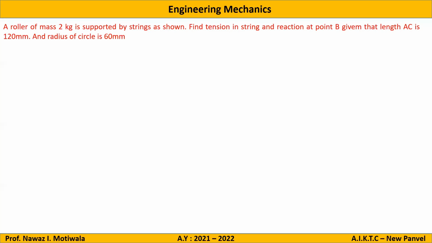A roller of mass 2 kgs is supported by strings as shown. As shown मतलब कहाँ है रे भाई, मेरे को बनाना पड़ेगा। Okay, so I will make it. सर क्वेश्चन में डायग्राम आएंगे ना? यस यस, ये देखो ना यहाँ लिखा है एज शोन, मैंने यहाँ पर डालना भूल गया, पता नहीं कि डिलीट हो गया, आई डोंट नो व्हाई इट इज नॉट शोइंग मी। दिस डायग्राम्स आर ऑलरेडी गिवन।